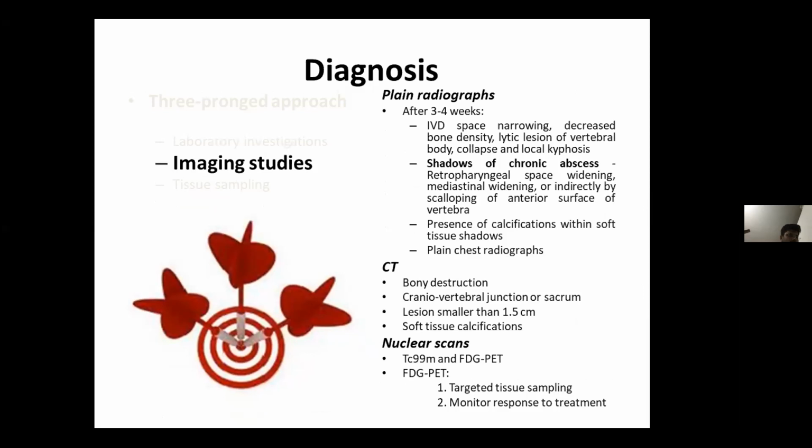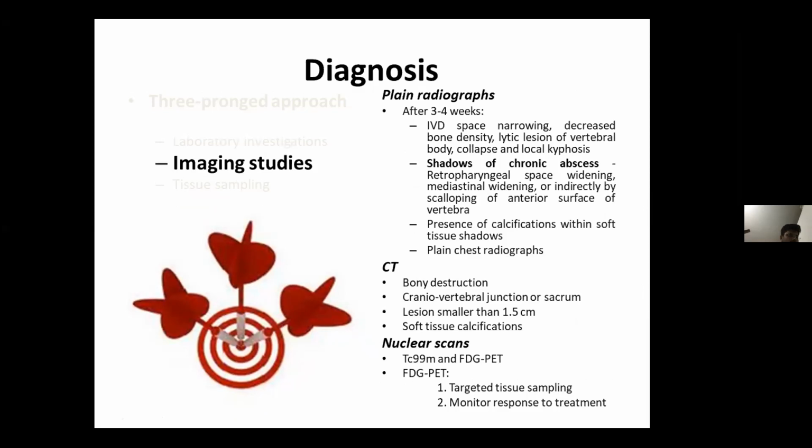Imaging studies, obviously of utmost importance. Plain radiographs, everybody should get a plain radiograph in these patients. But usually in the initial 3 to 4 weeks, there is not much that is seen. But after 3 to 4 weeks, the intervertebral space narrowing, the decrease in the bone density, lytic lesions, collapse, kyphosis, they are all evident. But we should also be looking out for the soft tissue shadows for the chronic